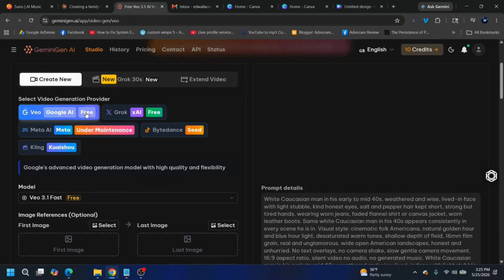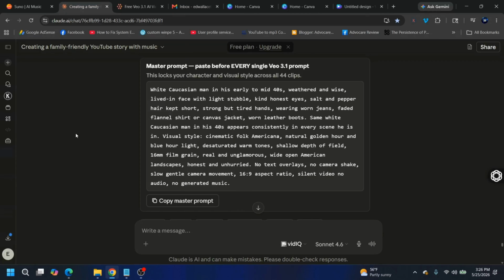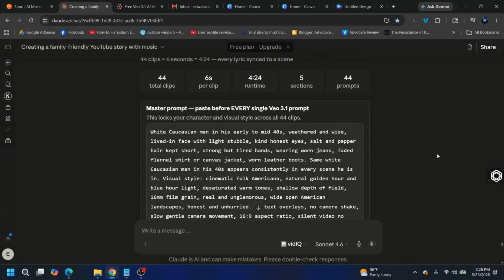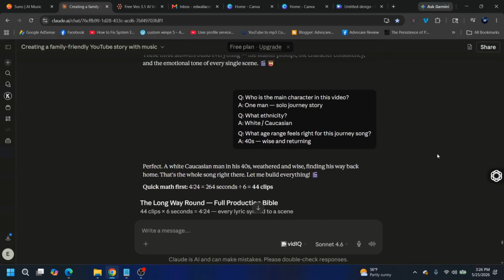Now, before I show you how to use this, I'm going to show you how to create the prompts for this. For that, we're going to use Claude AI, absolutely free. And I'm going to show you really quick what you need to do to create a master prompt. So for example, I am